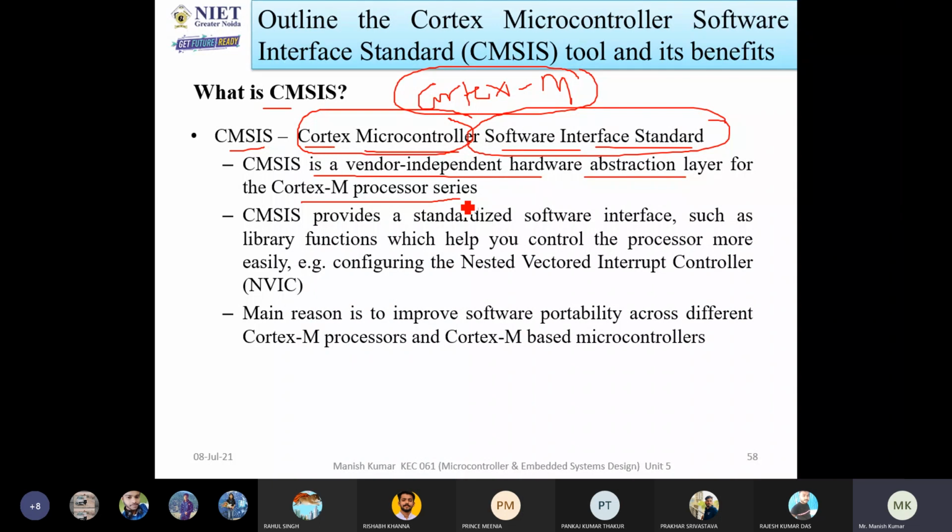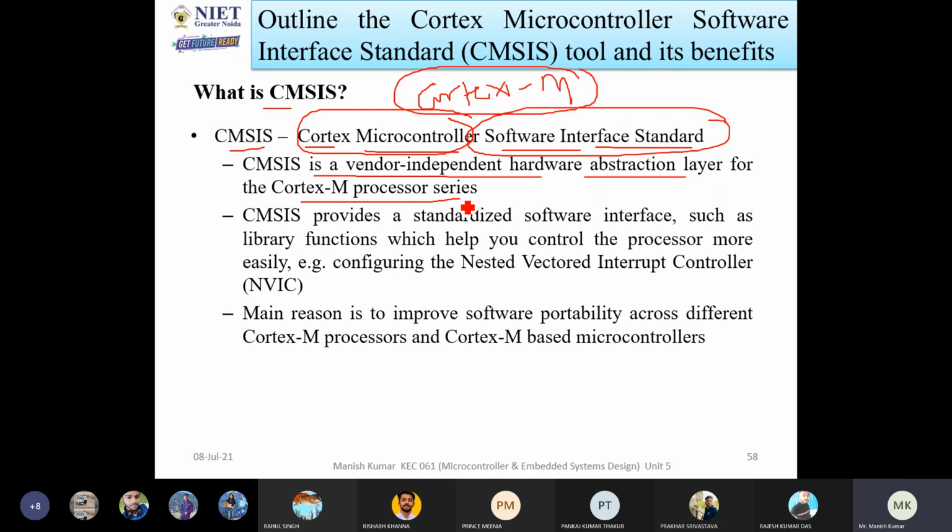Okay, so this CMSIS is vendor independent. Like when you buy any type of laptop, you can put Windows 7. It will work fine, no problem. But if you buy an Apple and you want to install the operating system Windows 7 or Windows 10, it will not work fine. So that's the thing. If it is vendor independent, it means that you are covering a variety of markets. You can cover the full market.